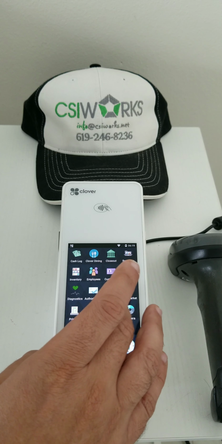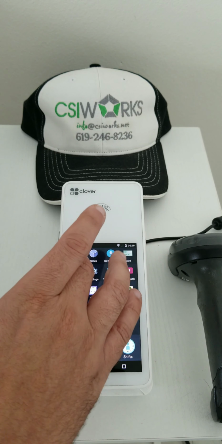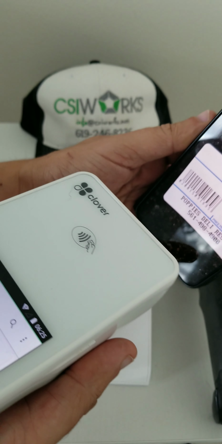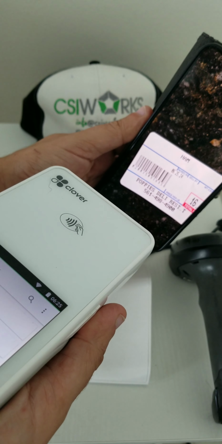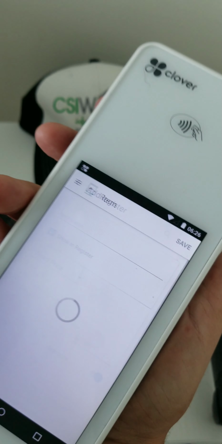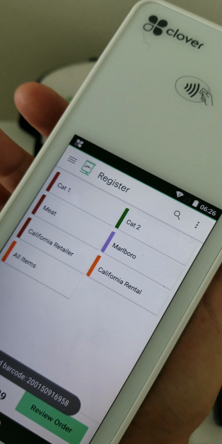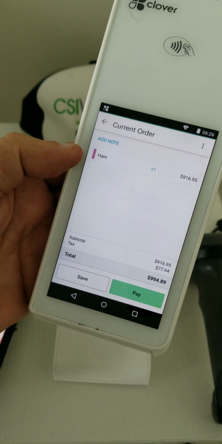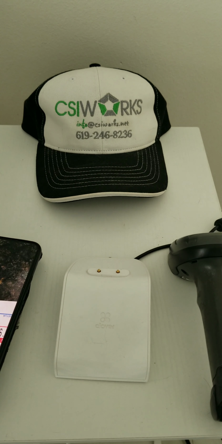So now I have my item, and it's time to go ahead and scan this barcode. So I'm going to go ahead and open the Register app. There we go. And so it found the item, but the price is way off, right? So 916 versus